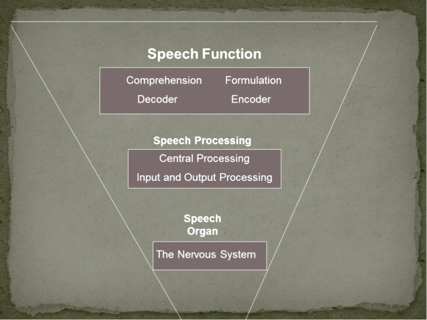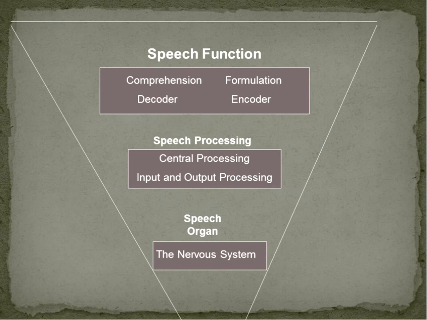So your nervous system is formulating the language, but then also using other neurological components to plan what anatomical parts will be involved and the manner in which they will move to execute speech. So the process is central processing, the speech organ is the nervous system, and its function is to formulate language,